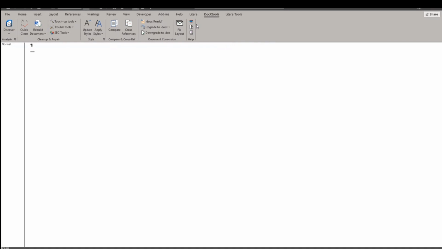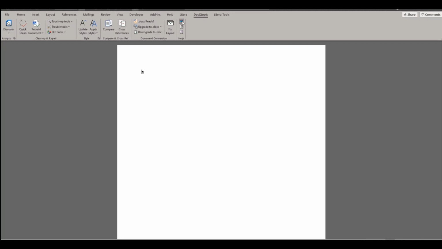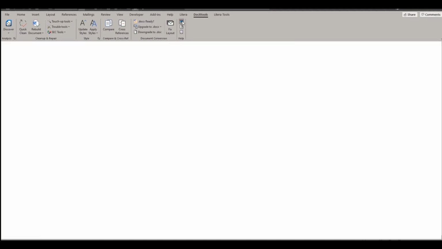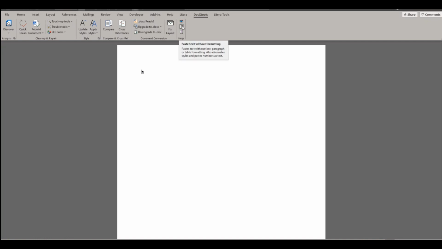After that, we have our help group, which has a quick toggle to toggle between draft and normal views. We've got our paste text without formatting that allows you to paste the text without font, paragraph, or table formatting. And then we have our